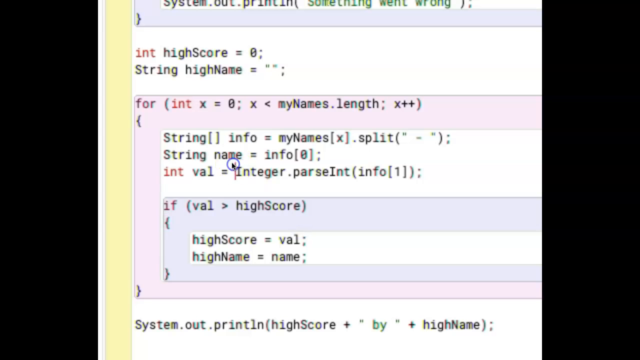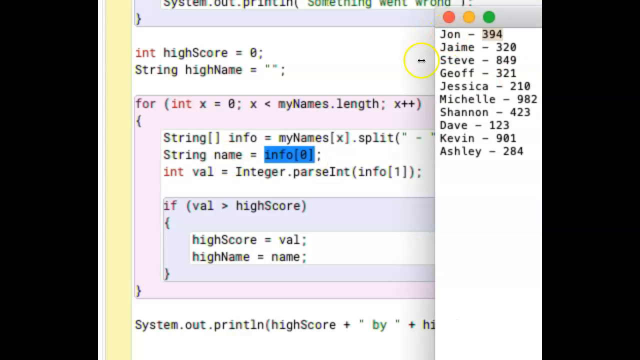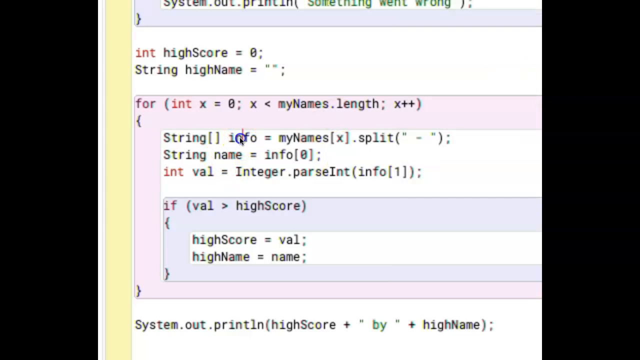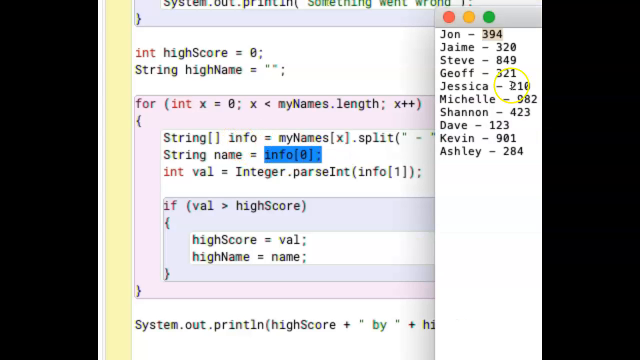And then what we do is we say we want to take the first part, the 0th part, and that's going to be the name, right? So the 0th compartment of that split, which is held in info, right? So we split it, and info holds on to the two different spots. The 0th compartment of info is going to contain John, and then the first compartment of info is going to